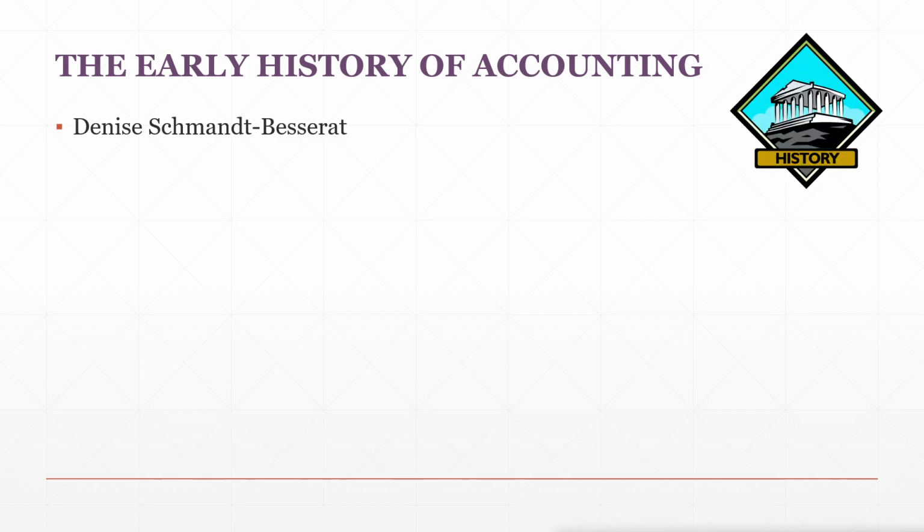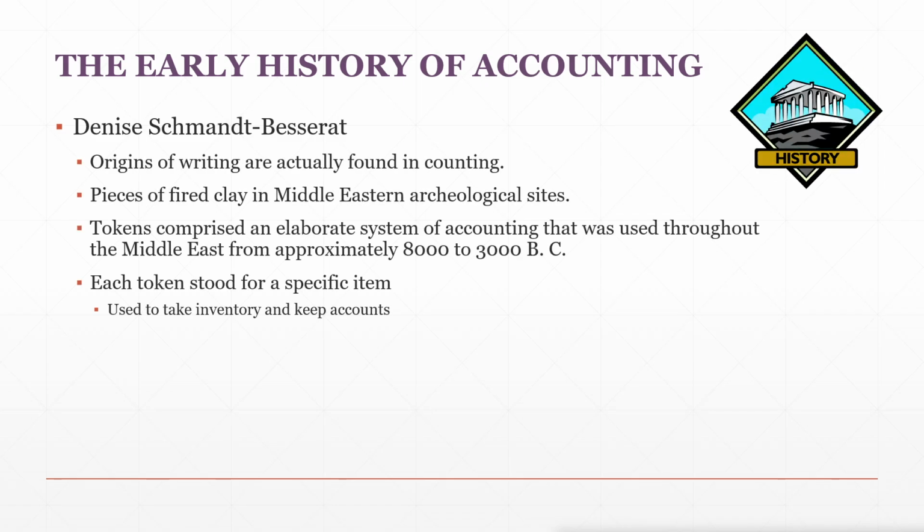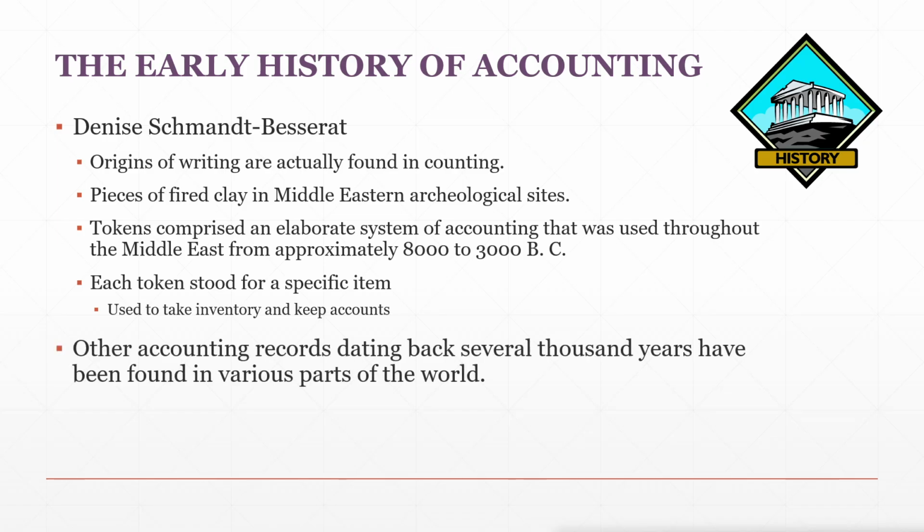Early history of accounting theory. Early accounting tools included clay tokens found in Middle Eastern archaeological sites. These tokens represented inventory items, demonstrating early systems for tracking resources and efforts. Examples of these are like the papyri, highlighting the use of accounting in managing construction, agriculture, and business operations in ancient societies.